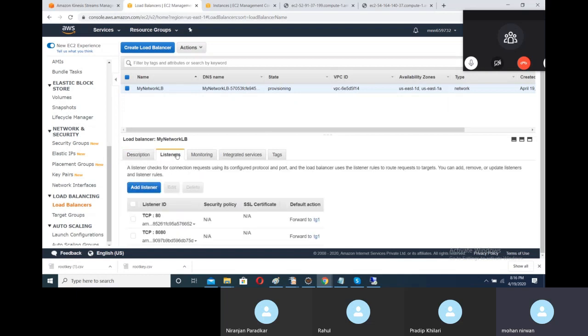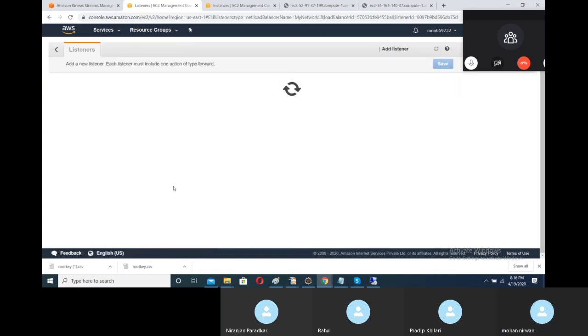Till that time we will configure the listener. So right now both my port 80 and port 8080 are going forward to TG1, target group 1, that is my instance 2. So we need to change here. I will select this, and we will edit this one.